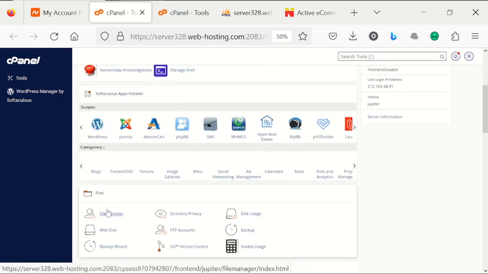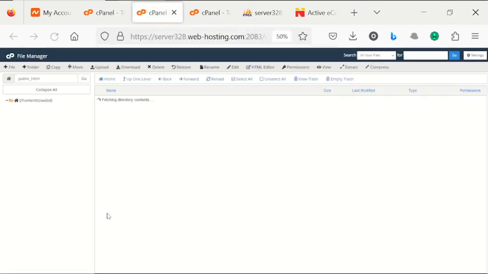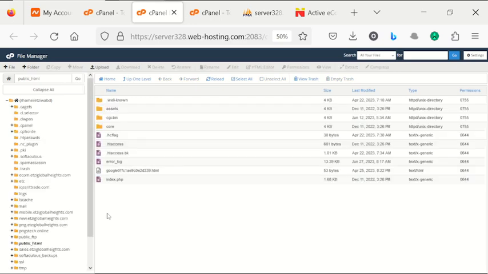So I will come right here to my File Manager, right? For you, if you're just getting a new hosting and a domain, where you'll be going is to your public_html. You'll be coming right here to